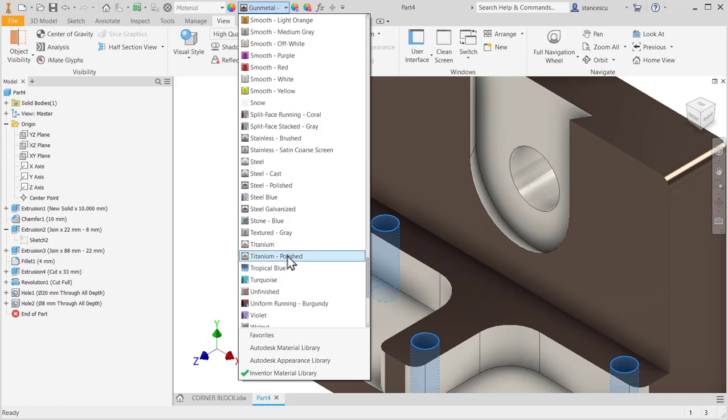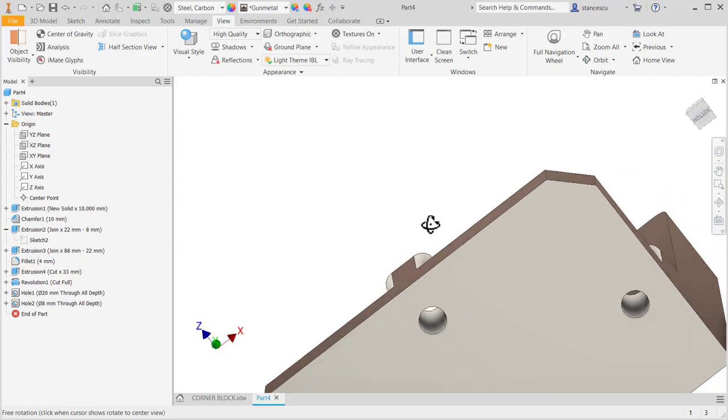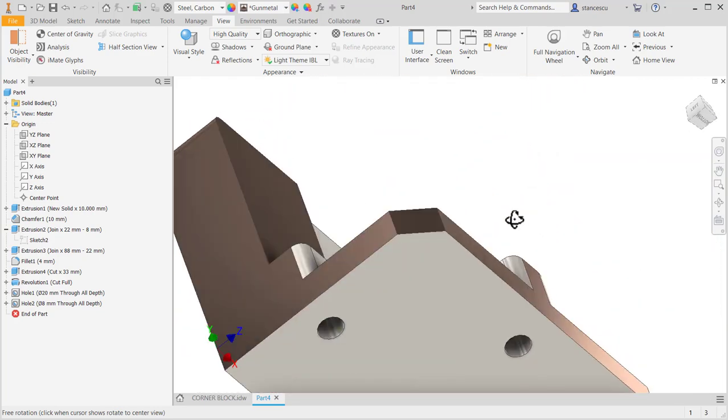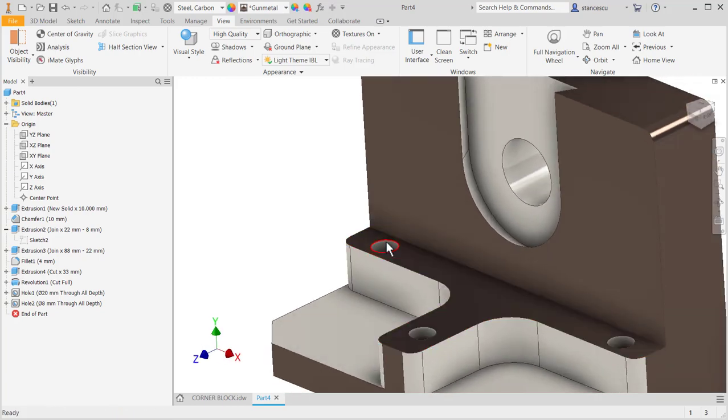I add now same aspect, titanium, to my beautiful object,